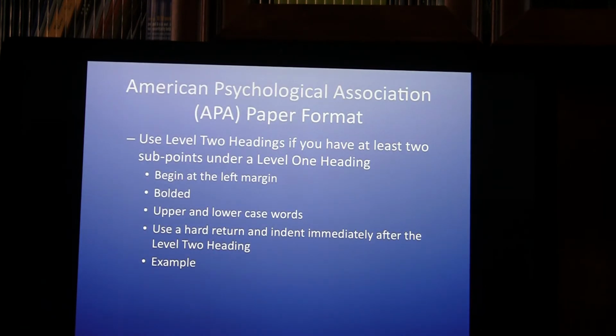A level 2 heading is used when you have at least 2 subpoints under a level 1 heading. They begin at the left margin, they're bolded, they're a mixture of upper and lowercase words, and you need to use a hard return and indent immediately after the level 2 heading. For example,